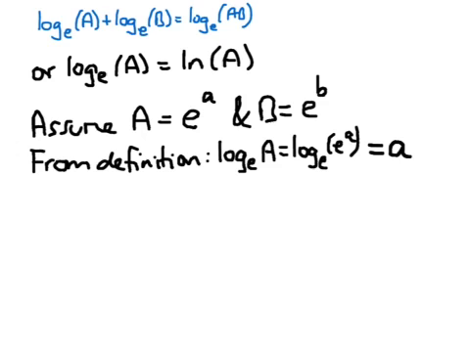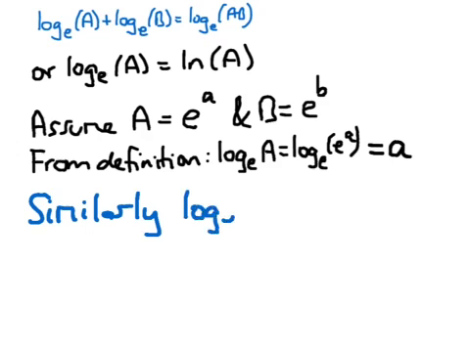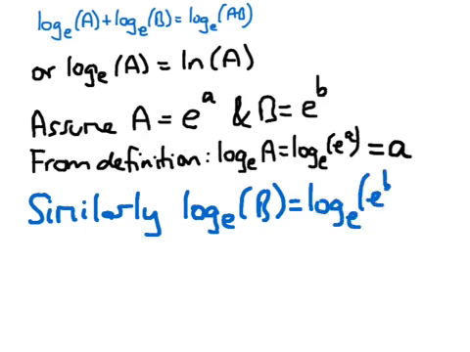So similarly, it follows that the logarithm to the base e of b is the logarithm to the base e of e to the power of little b, so that is therefore, going from the definition of the logarithm, to be little b. And from the rules for powers,